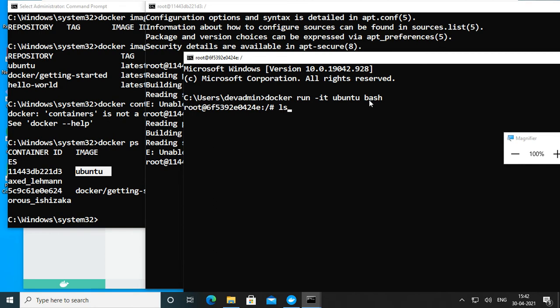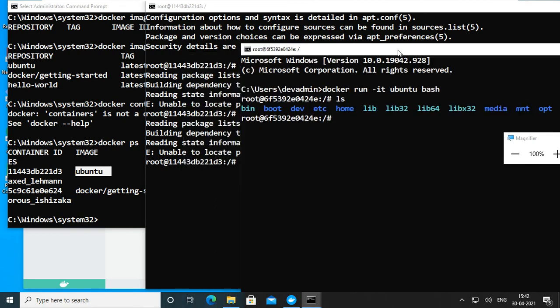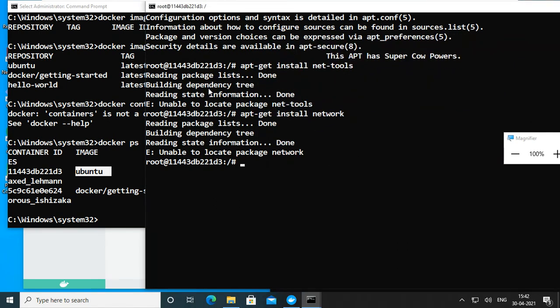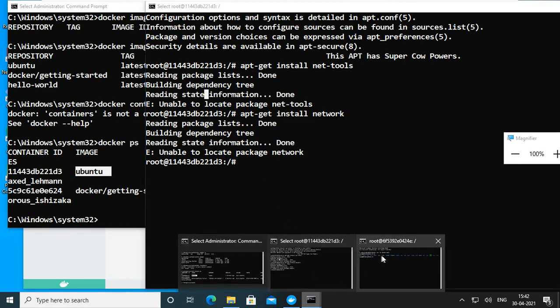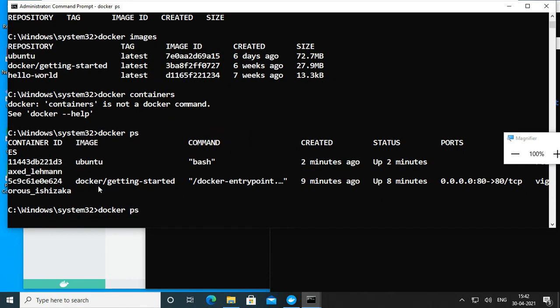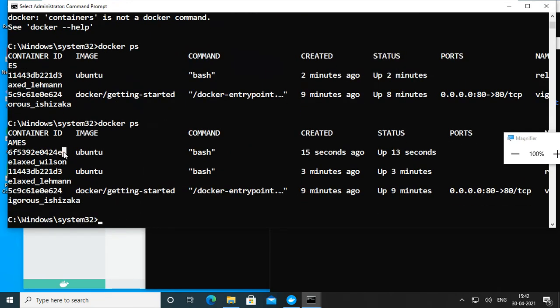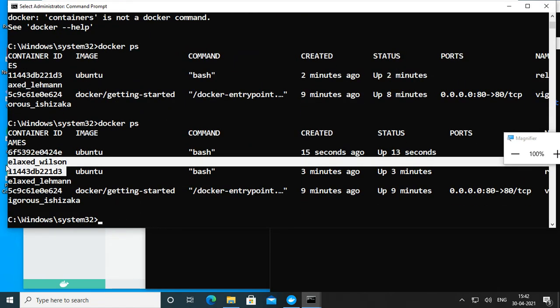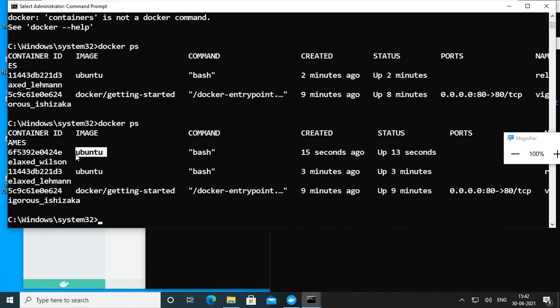Yeah, it is open. This is again ubuntu. This is one container, this is another container. Both are running on the same image only.